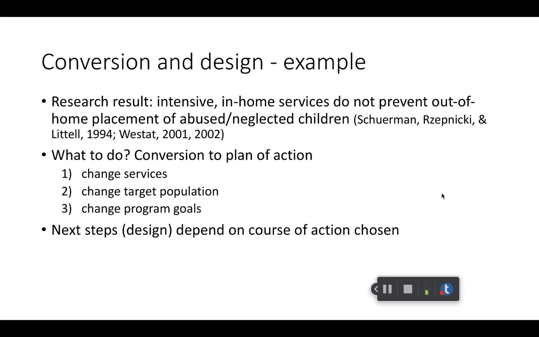Now, conversion and design. What do we do about this research finding? Well, we have to convert it into a plan of action. So what should our plan of action be? So here are three alternatives. We could decide, based on this research, that we're going to change the services. We're going to change the way we do this, maybe to try to have a different impact. Or we could change the target population. We could decide to send different kinds of families into these programs, maybe again to try to change the impact. Or we could change the goals of the program. We could say, well, these programs don't prevent placement, but they're doing other useful things in child welfare, so we're going to change the goals and have them aimed at different